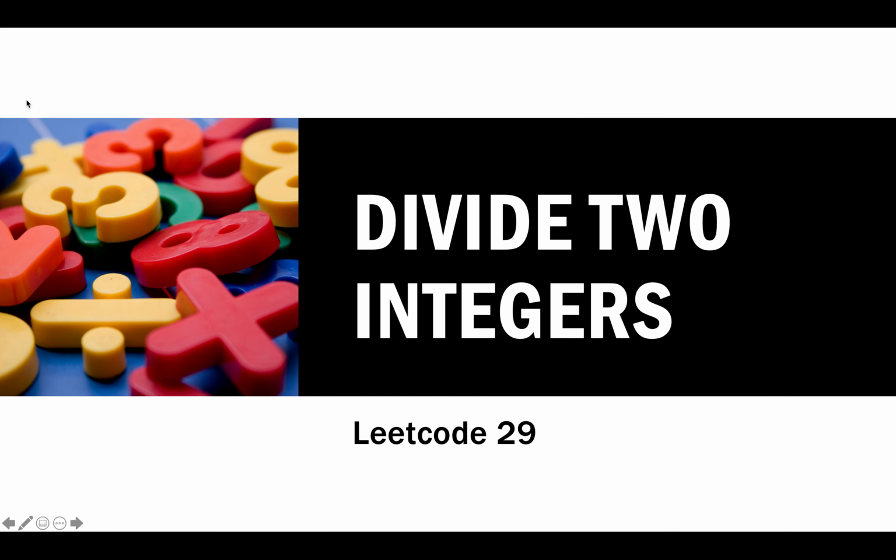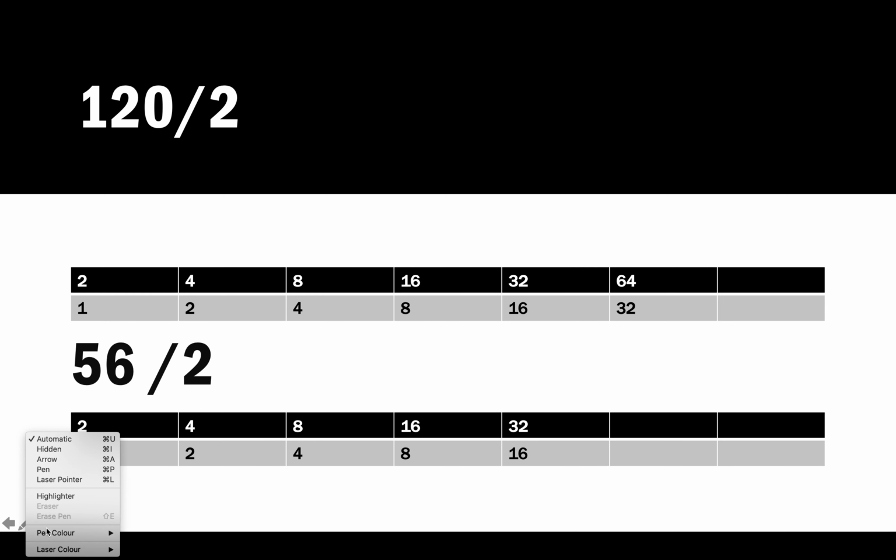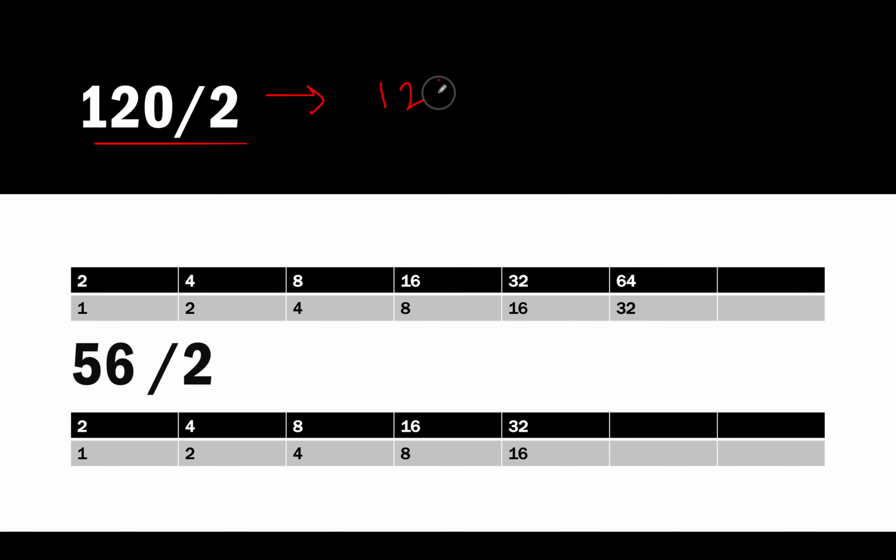Let me just take a pen, and I have taken a very simple example here where the question says you need to divide 120 by 2. So the dividend here is 120, the divisor here is 2. How will we go about it? We will try and solve it using a binary search kind of an approach. We'll not use linear search because it will be slightly expensive in terms of time. A binary search kind of an approach would be faster for us.